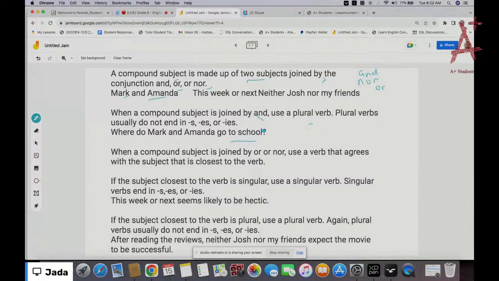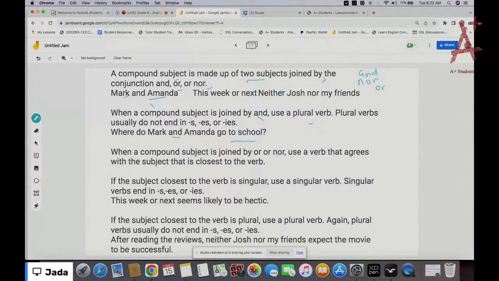Where do Mark and Amanda go to school? Now, there's no es, there's no ies, but it has the "and", and that shows plural. Okay,